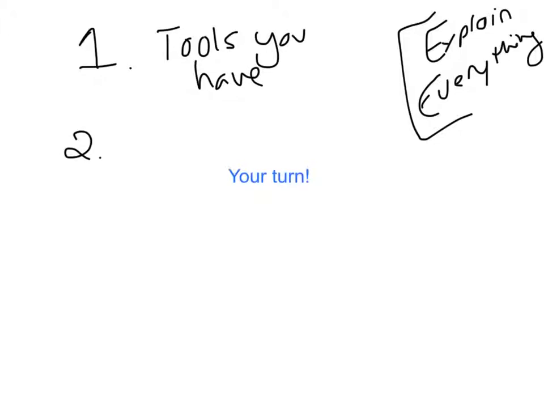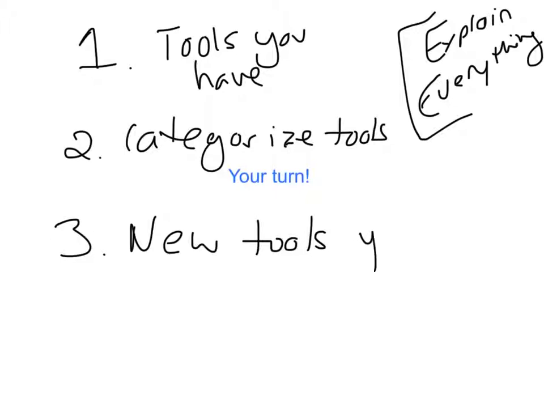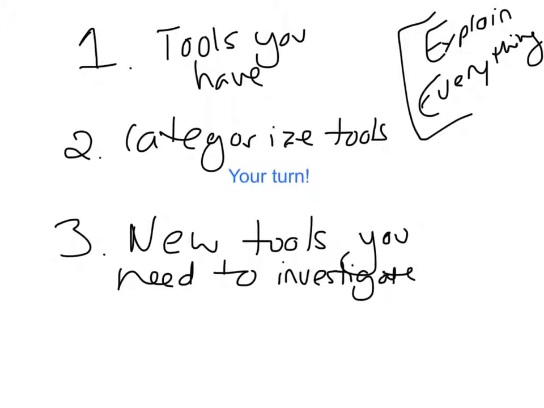Second, I'm then going to have you categorize your tools, just like we did. Okay, what do they do for you in the classroom? And then third, you're going to create a slide in which you talk about the new tools you need to investigate. And I don't need these by name, because again, you may not know them, but I need them more by the job